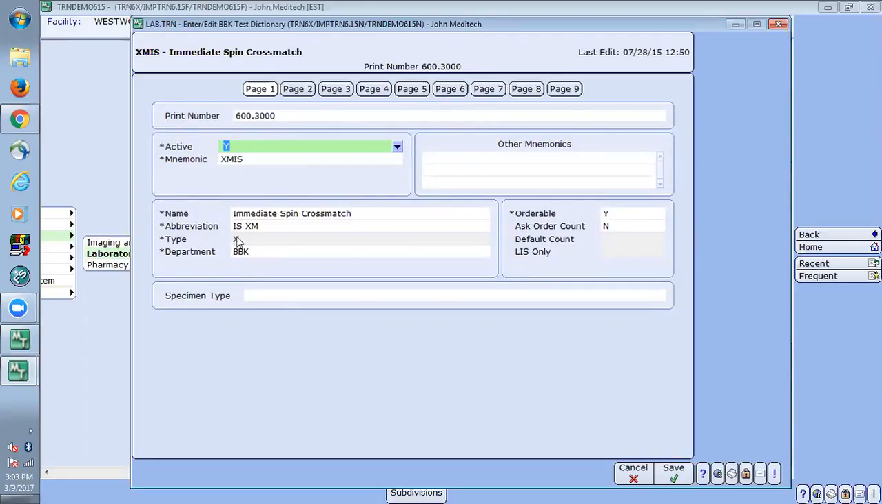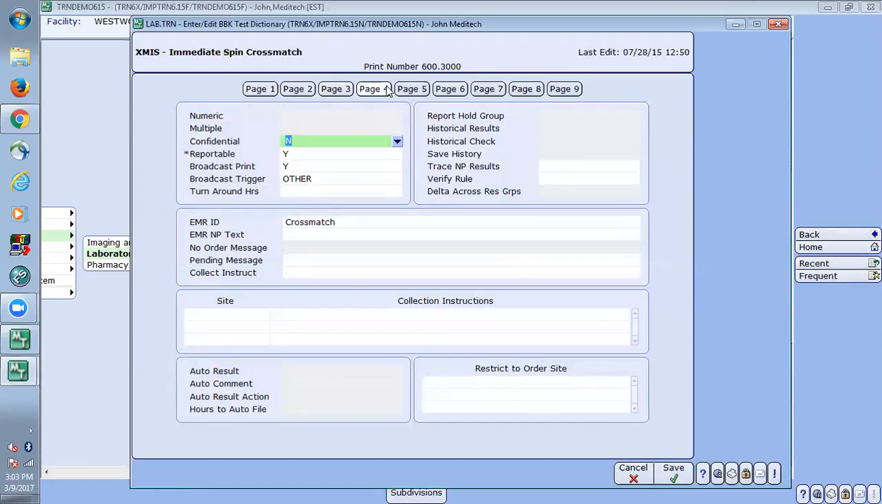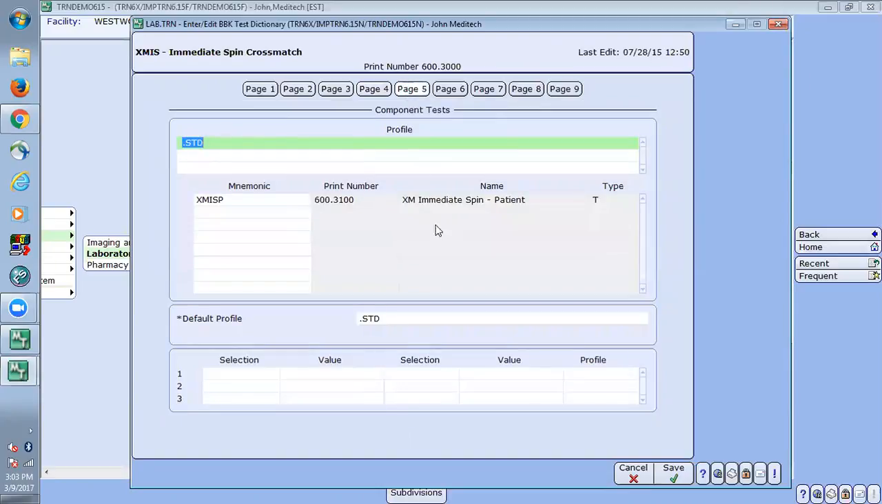On page 1, the type is an X-type test, and it should be orderable set to yes. Page 2 and 3 will be the same as we've seen with our T-type test. On page 4, reportable should be set to yes, and an EMR ID should be associated. On page 5, this is where we define the various component tests to our particular profile. The system will use the profile that's defined in the default profile prompt,